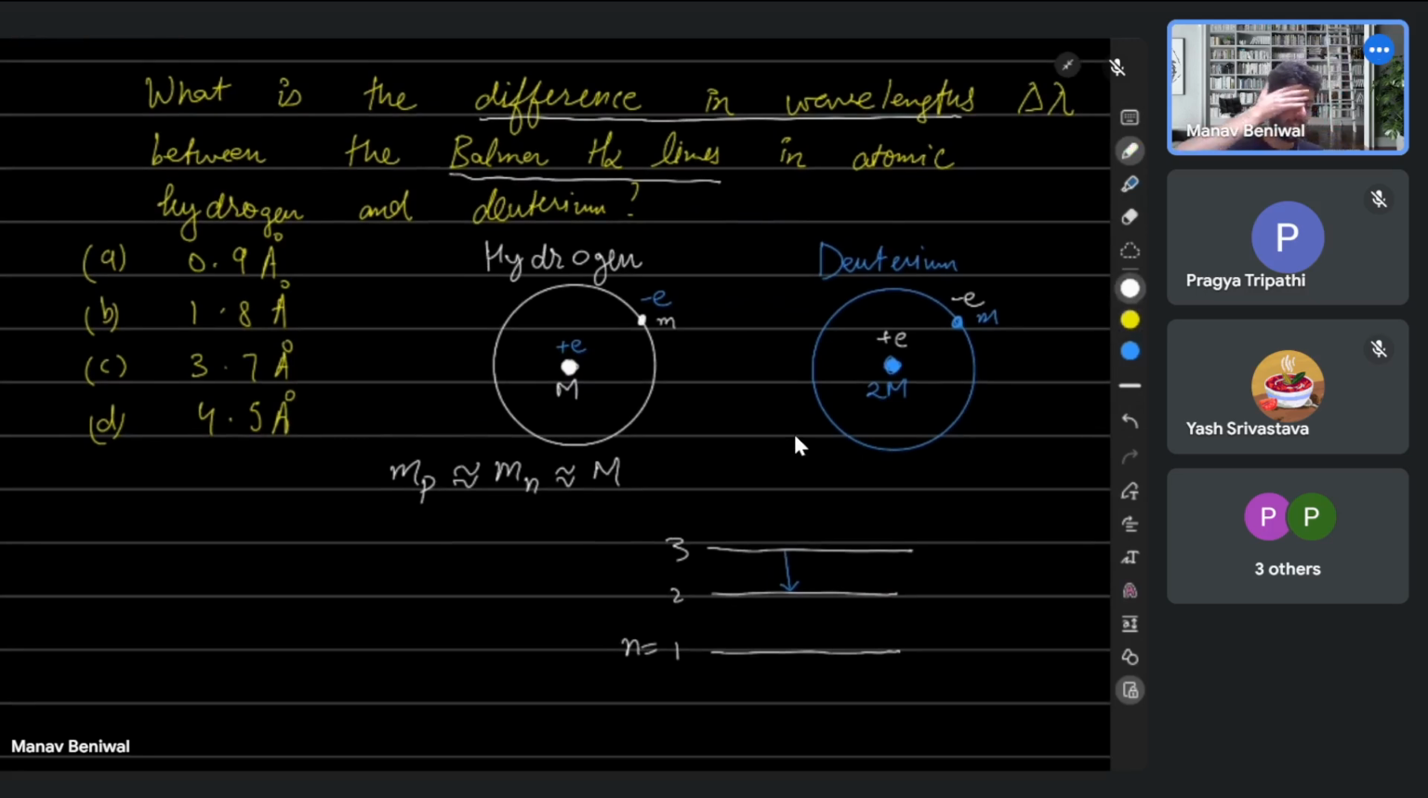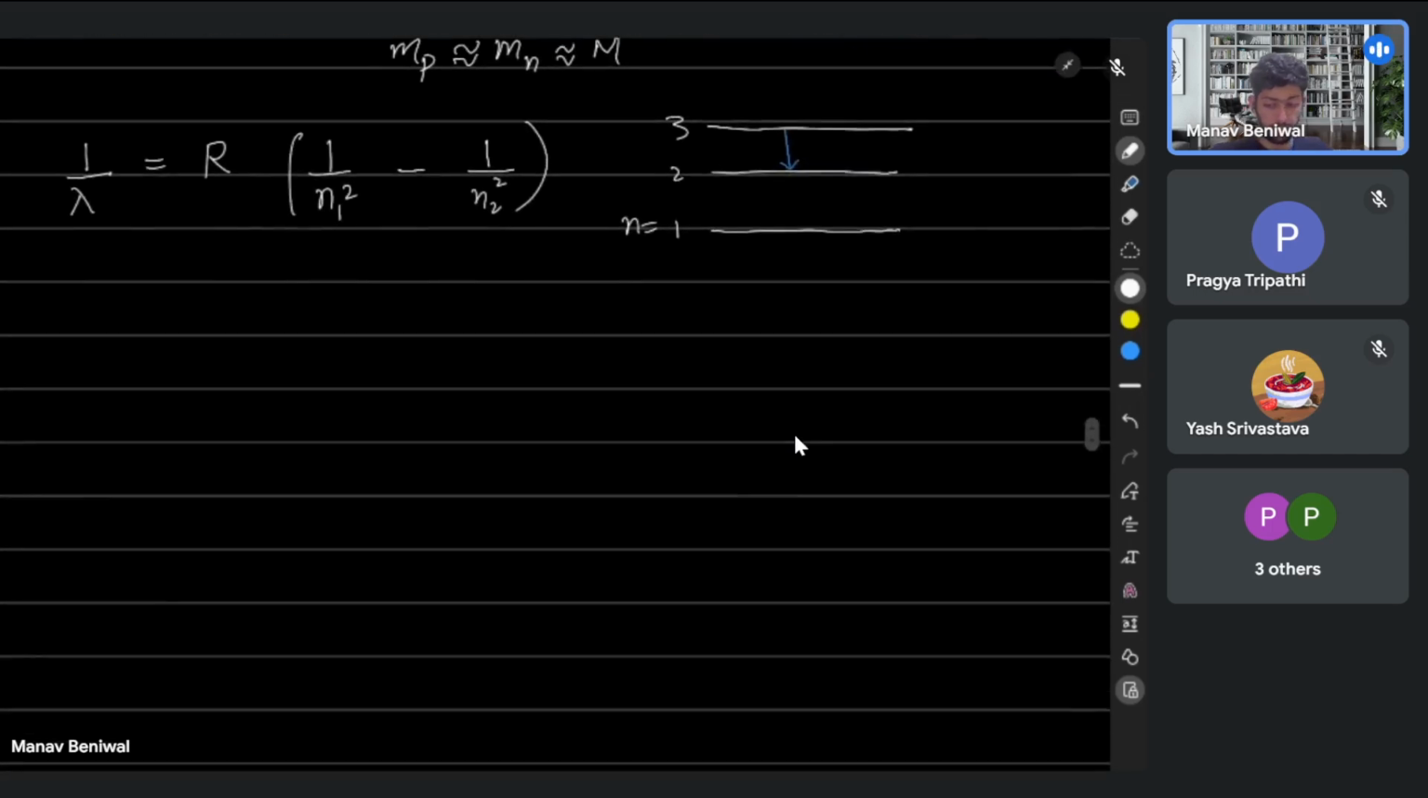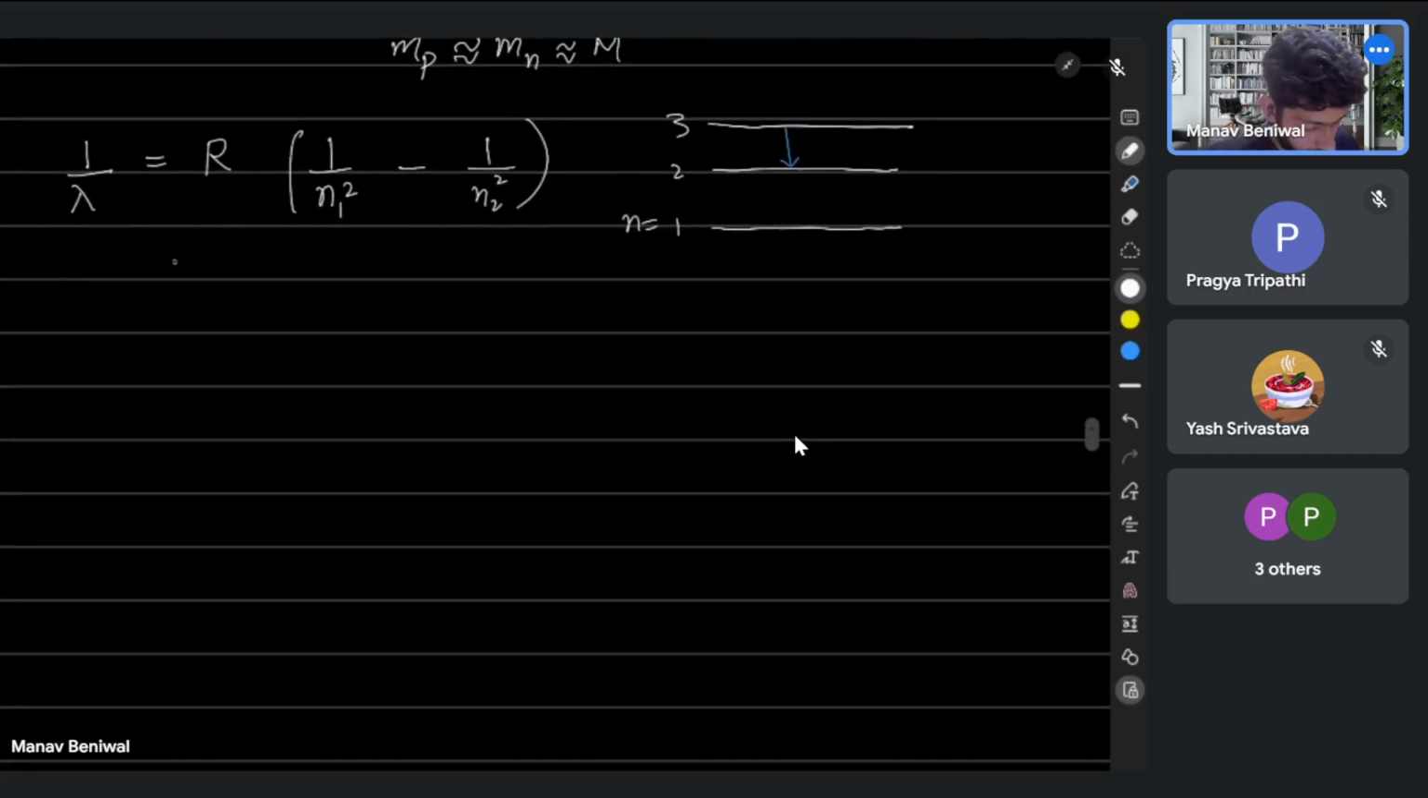We can now calculate this H alpha wavelength for hydrogen and deuterium using Rydberg's formula, correct? Okay, so let us start with Rydberg's formula. Now we know that Rydberg's formula works like this. Here you have R, and this goes as 1 over n1 squared minus 1 over n2 squared, correct? And what is the value of this R? Where R is